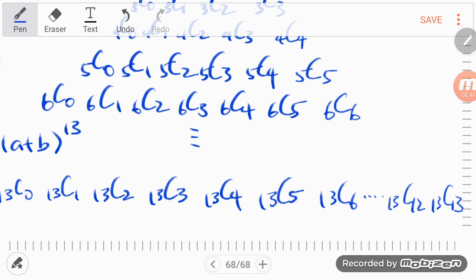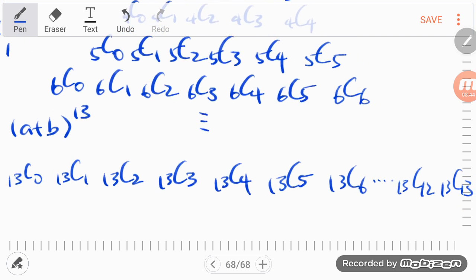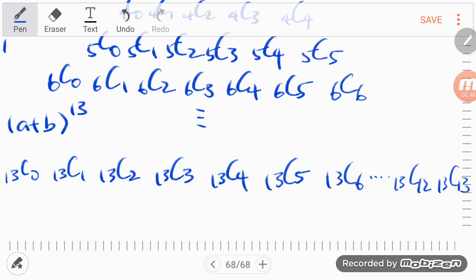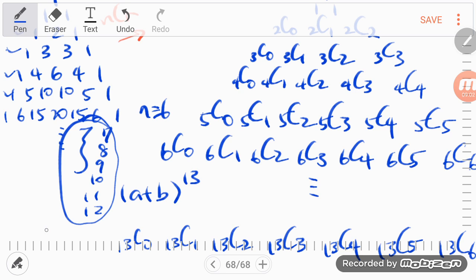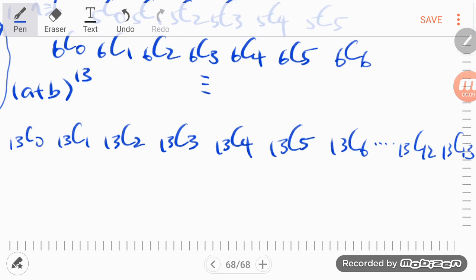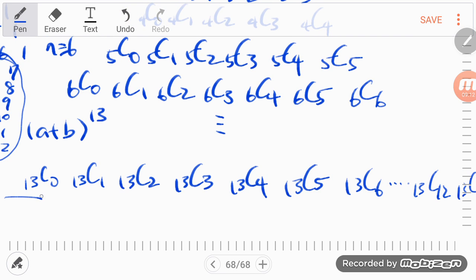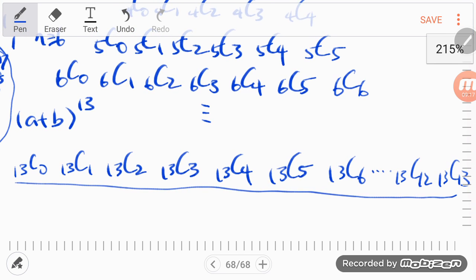13C13. Right. So I can get all the coefficients without having to expand, without having to complete the rows from 6, 7, 8, 9, 10, 11, 12. I don't have to worry about what happens in between. I can jump straight to the 13th, the relevant row, right? So here you go. This is the reason why the Pascal's triangle in the nCr format is actually more useful,